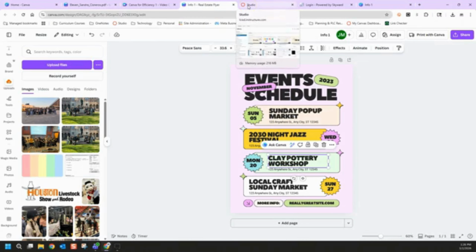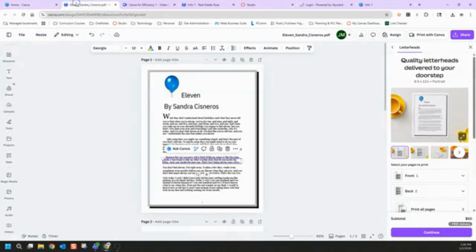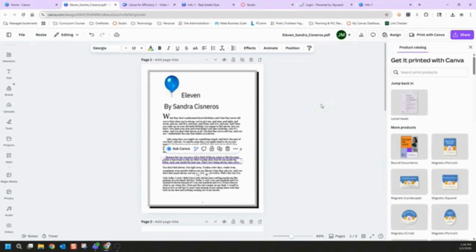So that's Canva info. I hope you enjoy all of the fun ways you can share content. It's so easy and I love it so much. It just provides so many different opportunities to work with students and